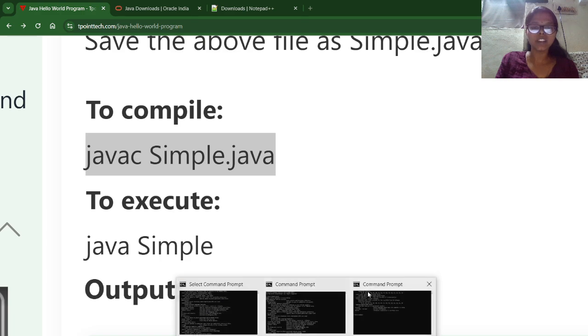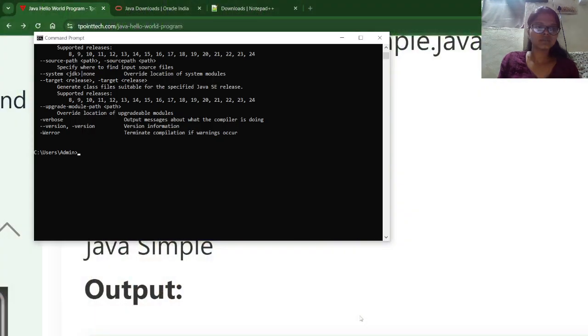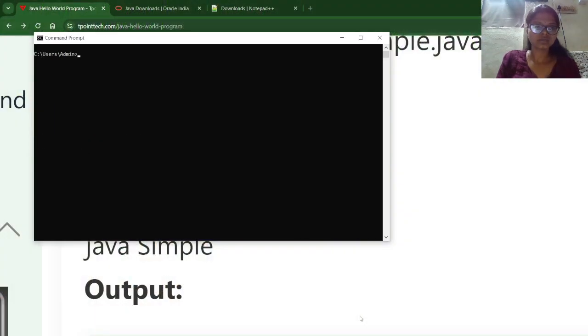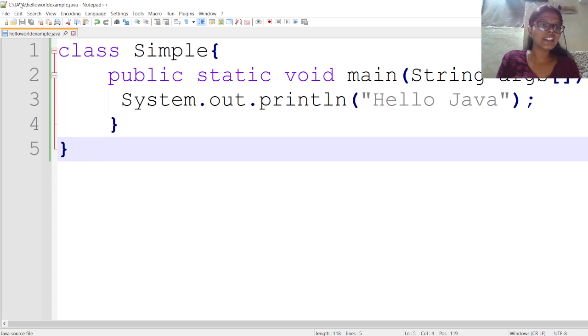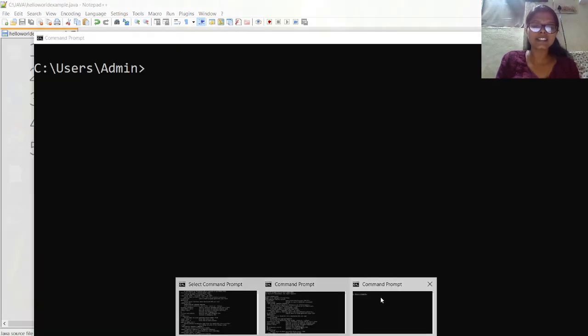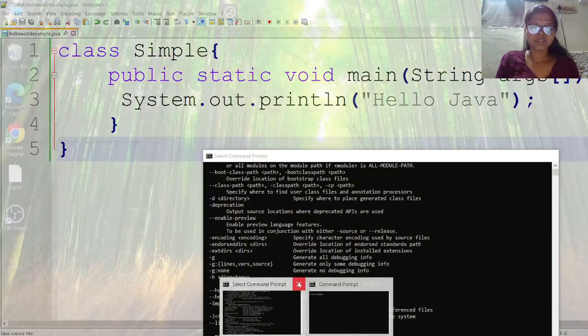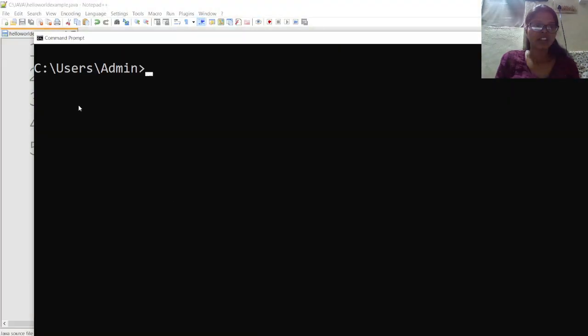Open CMD. So in CMD, where is your file location? Here, C Java. But here the command prompt path is different, C users admin. I am removing the path.